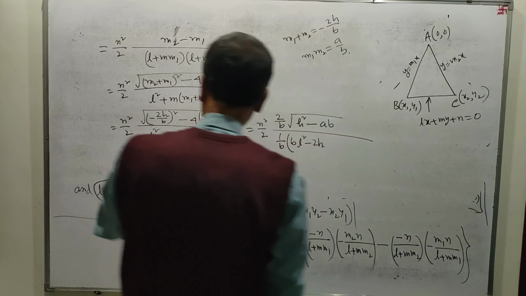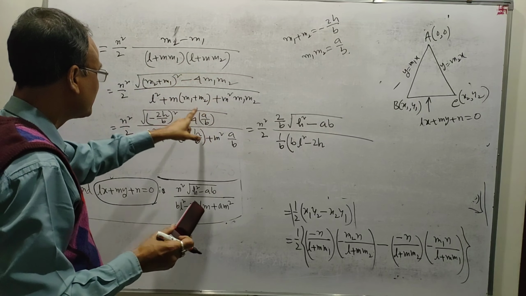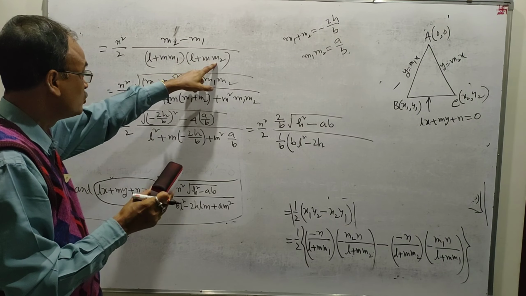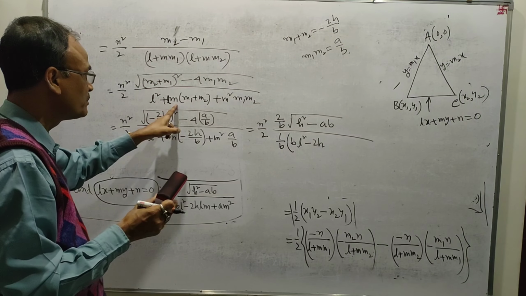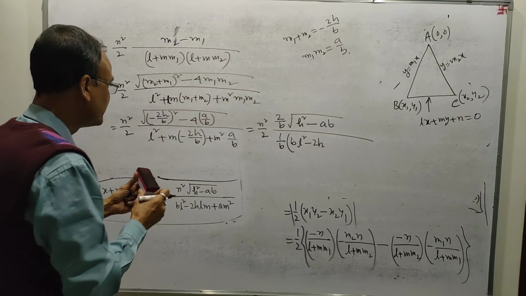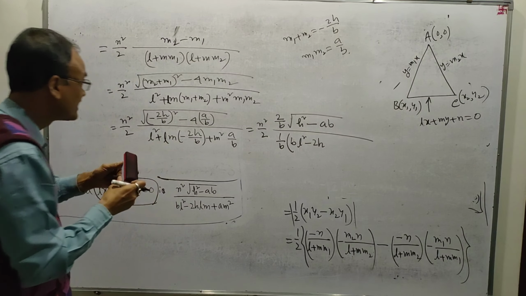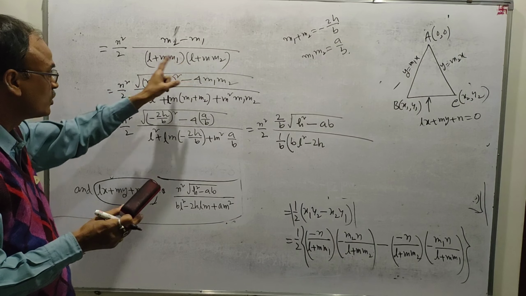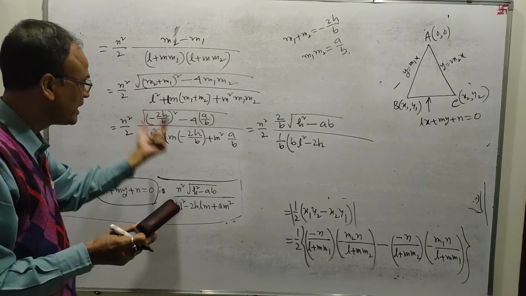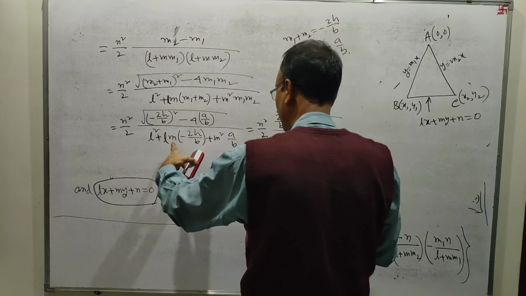Just a minute. It is L into L, L square. Then L m: it should be L into m. L m m2, L m m1, so L m into (m1 plus m2). Then m square m1 m2. Here it should be L m, because L into L is L square, then L m m2 plus L m m1, which is L m into (m1 plus m2). Twice h L m